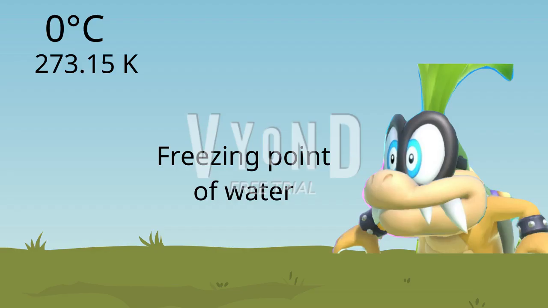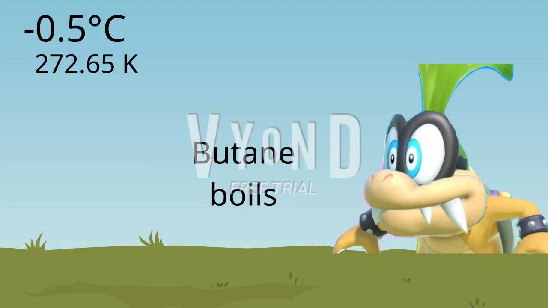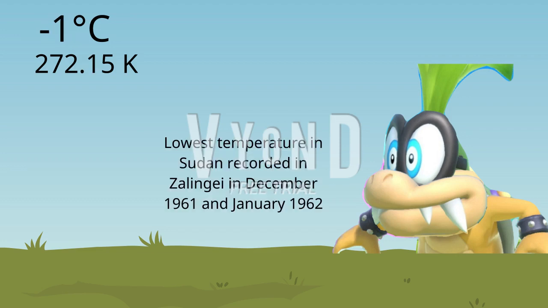The freezing point of water, aka dihydrogen oxide, is 0 degrees Celsius, or 273.15 Kelvin. During this point, the water molecules transition from a liquid to a solid. Butane boils at minus 0.5 degrees Celsius, or 272.65 Kelvin. The coldest temperature in Sudan is minus 1 degree Celsius, or